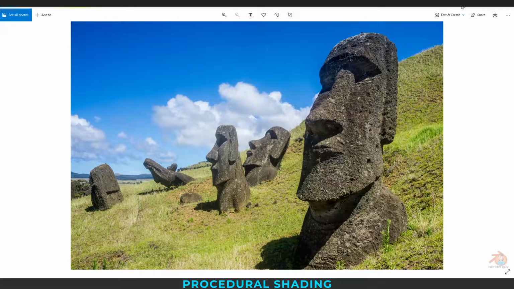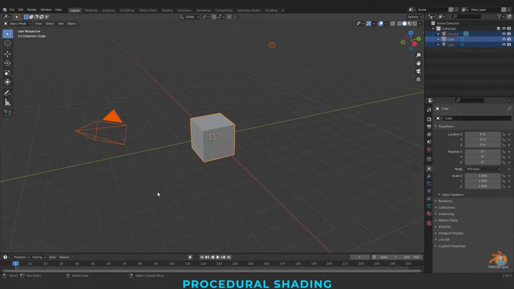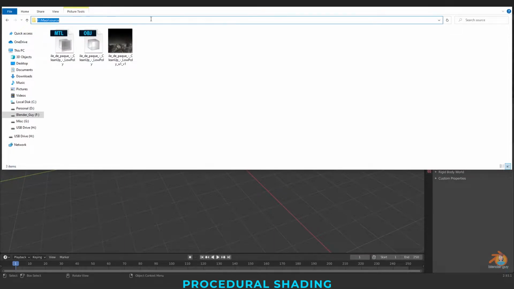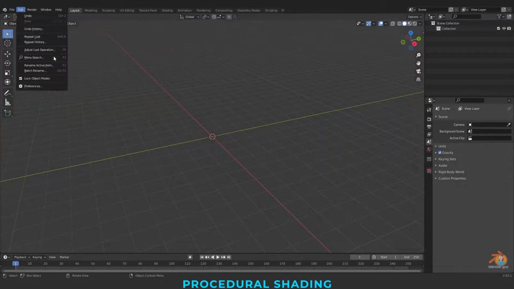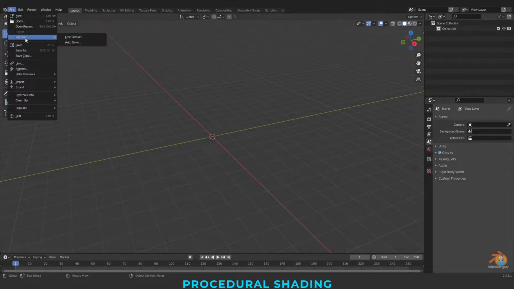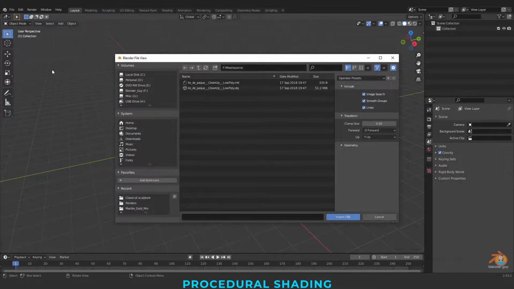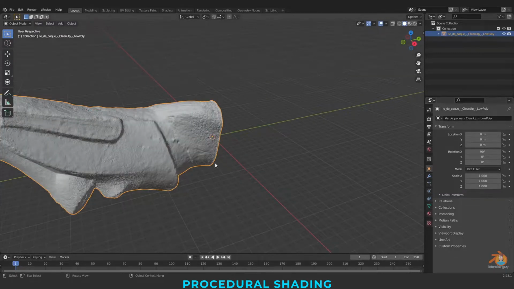So let's open Blender now. I'm using 2.93 as of now. I'm just selecting everything with the keyboard letter A and deleting that. Now I'll import our model. Go to the source. The format is OBJ. File, Import, OBJ. Paste. I'm just removing the rotation values.